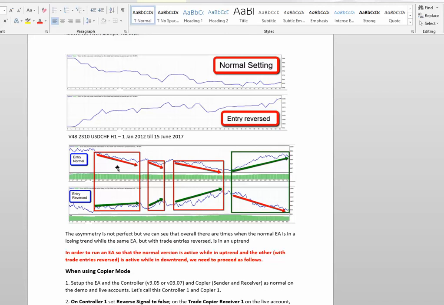If you look at a longer term, I think this is a 5-year back test. This top graph here is a normal entry version of the EA. You can see it went for quite a long period of actually losing money, but towards the end it started working quite well. Interestingly enough, when you run that same back test but set the entry to reverse equals true, then the periods when the normal was losing money, the reverse entry was making money, as shown on these bits here. And that is the reason I developed the controller,